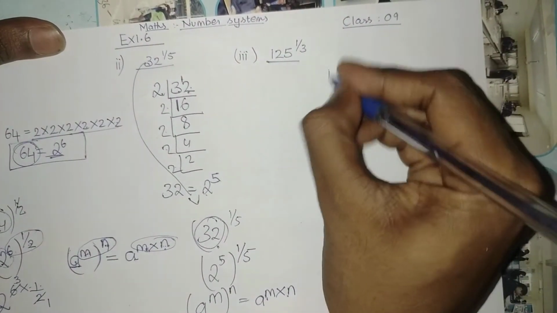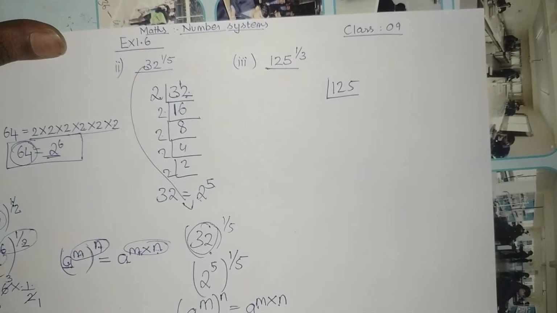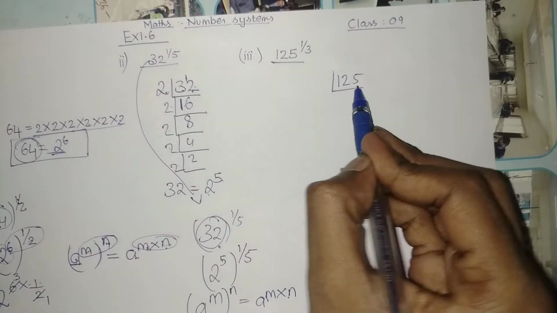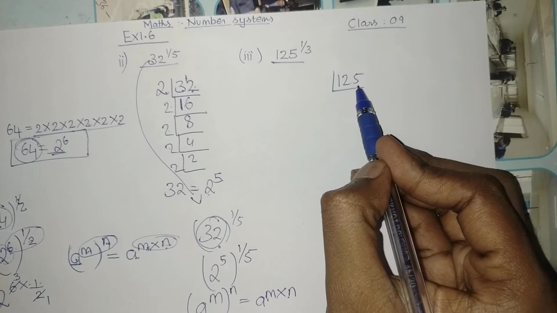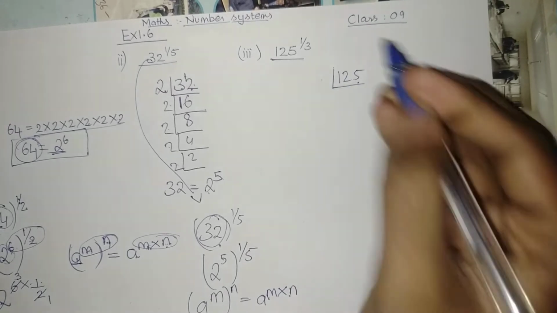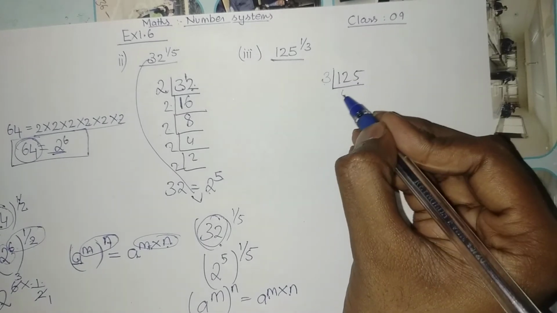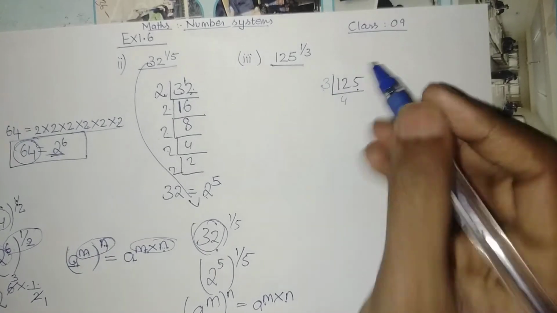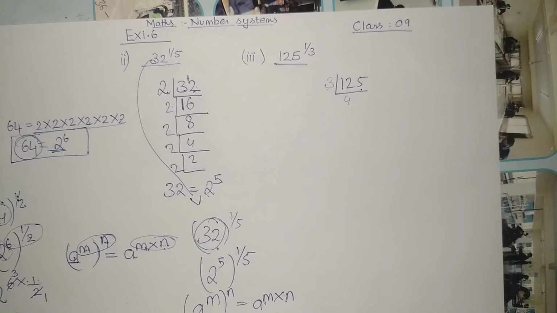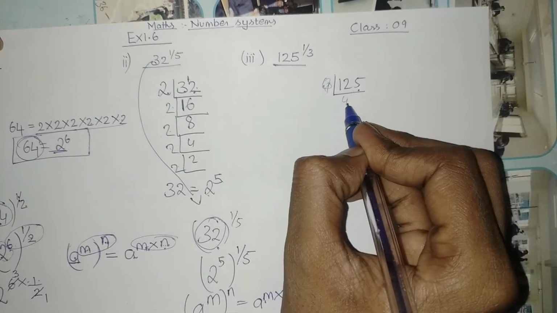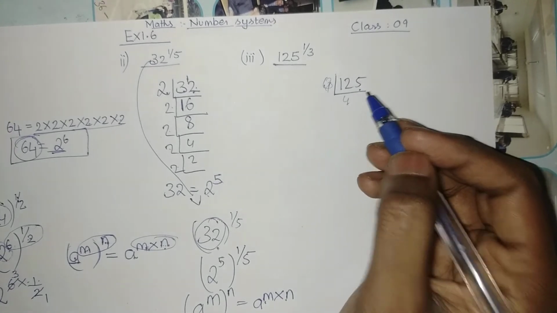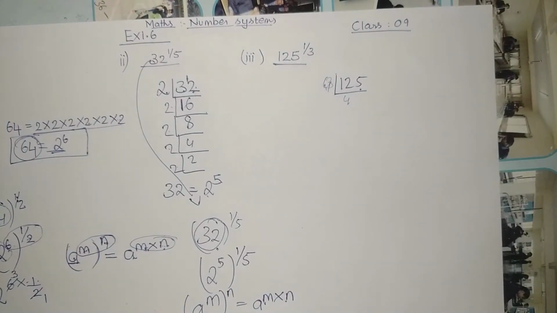Thirdly, 125. Again, you resolve 125 into different factors. Listen carefully. Here the units place is 5, which is not an even number, so we can't divide 125 by 2. Let me check 3. 3 4s are 12, and 5 will not come, so we will get a decimal. So 125 is not completely divisible by 3. Now take the next number 4. 4 3s are 12, then 5 is not a multiple of 4. Again, 125 is not divisible by 4.